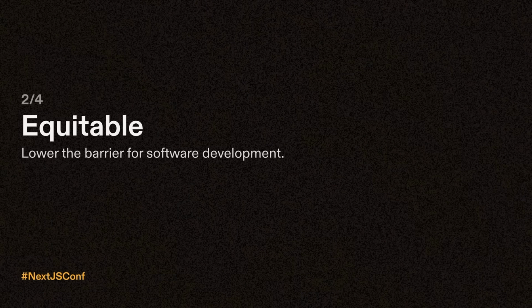The second principle we're focusing on is equitable, which is all about making software development more accessible to everyone. Let me share a real-life example of this within our team. Axon landed his job here because of his active participation within our community. Before joining Gitpod, he was learning how to code, but faced several hurdles when his Chromebook broke down. But did that stop him? Absolutely not. He managed to set up a workstation with a keyboard and a mouse, all connected to a TV using his Android phone and using Gitpod as his compute power.